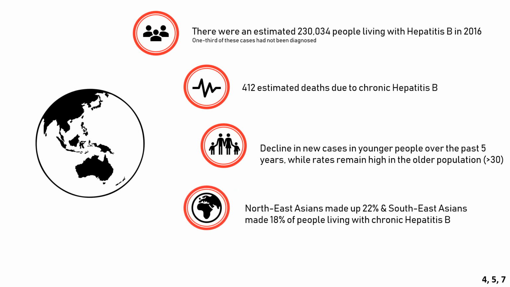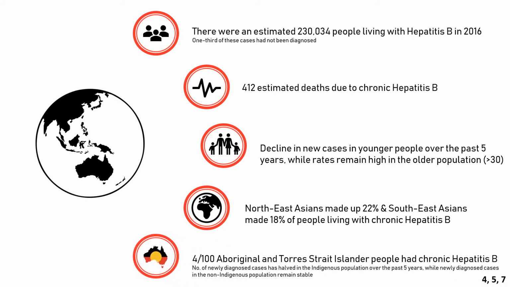Also, Northeast Asians made up 22% of people living with chronic hepatitis B in Australia, followed by Southeast Asians who made up 18%. Almost 4 out of 100 Aboriginal and Torres Strait Islander people had chronic hepatitis B. However, the number of newly diagnosed cases has halved in Aboriginal and Torres Strait Islander people over the past 5 years, while newly diagnosed cases in the non-Indigenous population remains